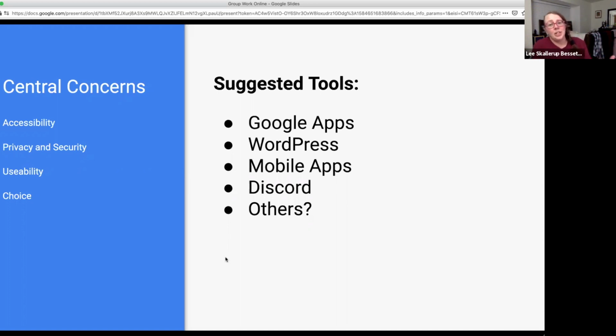So some of the suggested tools that I would have is the good old Google Apps. You know, how we feel about Google and those privacy and them tracking us everywhere. At the end of the day, they still have the gold standard for easy to use, accessible, collaborative apps, right? Students can use it on their phones. They can use it offline, and so they can set it so that they can work on things offline.